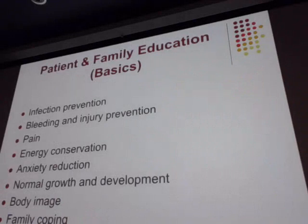Normal growth and development, their body image. A lot of them have NG tubes because they need to have that extra nutrition. They're missing their hair, and it's not just their hair that falls out, their eyelashes fall out, the hair on their arms, which I guess for some people that might be a good thing if they felt like they had too much hair on their arms, but